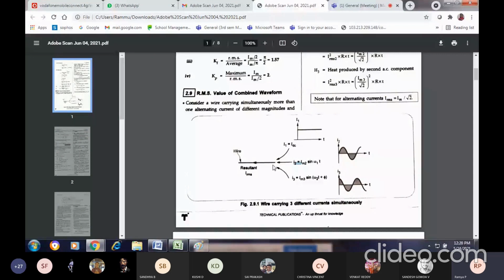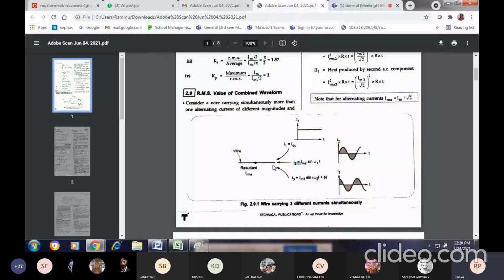The resistance of the entire wire I'm going to consider as capital R. Now, as you know, how is this RMS value of current induced in the circuit? The RMS value is always induced in the circuit just because of the flow of current in the conductor. When current flows in the conductor, heat production takes